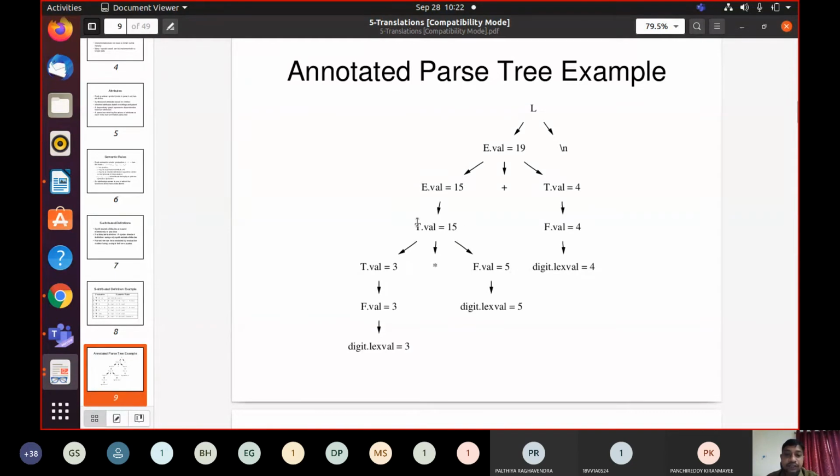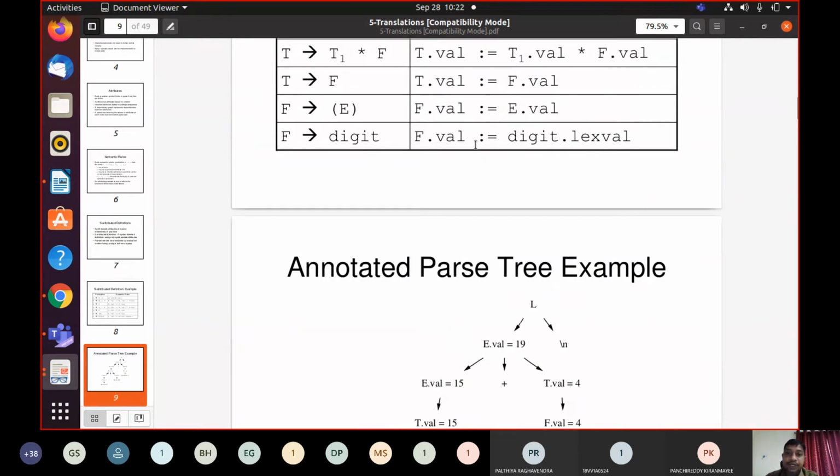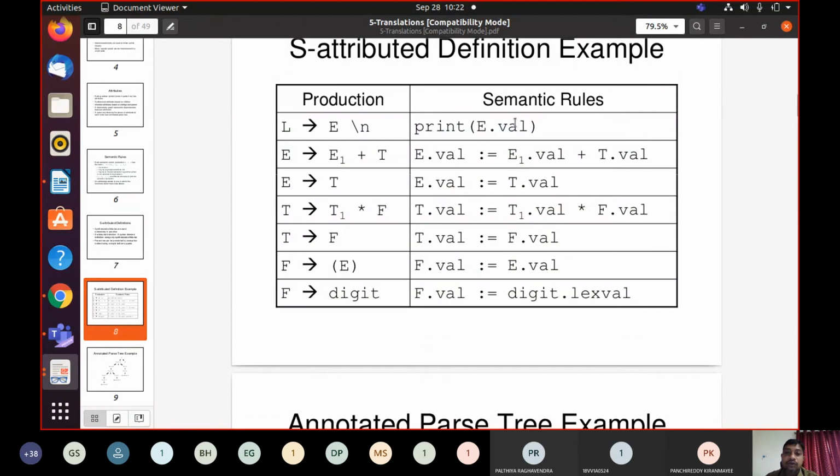The value of this T is 15. Now this is escalated to the higher level. E.val goes to 15 and T.val goes to 4, and 15 plus 4 is 19. Here we are using the print statement, print E.val. It will print 19.